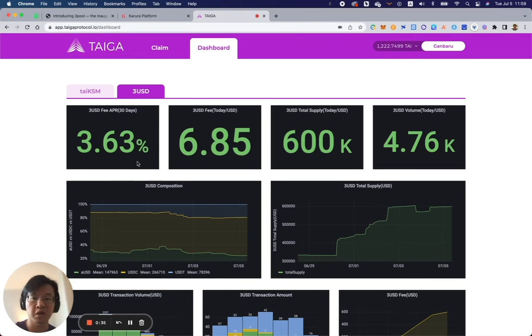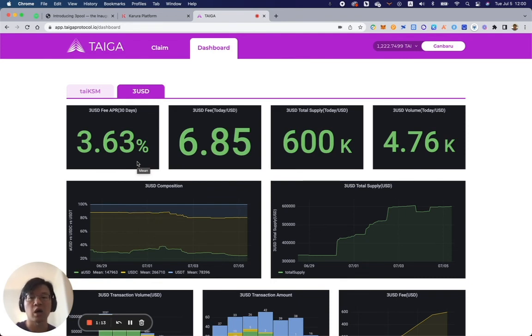And this yield that you guys are looking at, 3.63%, is just from the fees being collected. So this yield is composed of the swap fees as well as the redemption fees. 3.63% is basically annualized over the last 30 days. So pretty good yield, I would say, just from collecting transaction fees. And obviously with the additional incentives, right? We saw earlier that right now, the pool being at around 600K TVL, you're getting all in around 40 something